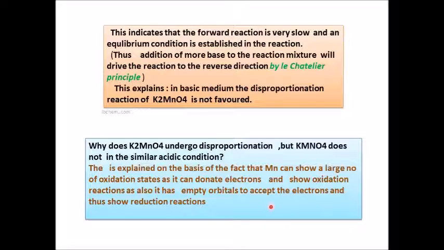So now it will force others to release electrons. So it will act as an oxidizing agent hereafter. It will not act as a reducing agent. It has already undergone oxidation. It has lost all its 7 electrons and now it has got empty orbitals to accept electrons. So it cannot help itself to be oxidized anymore, but it will accept electrons and force other elements to release those electrons and get oxidized. So here we have seen why K2MnO4 undergoes disproportionation but KMnO4 does not.